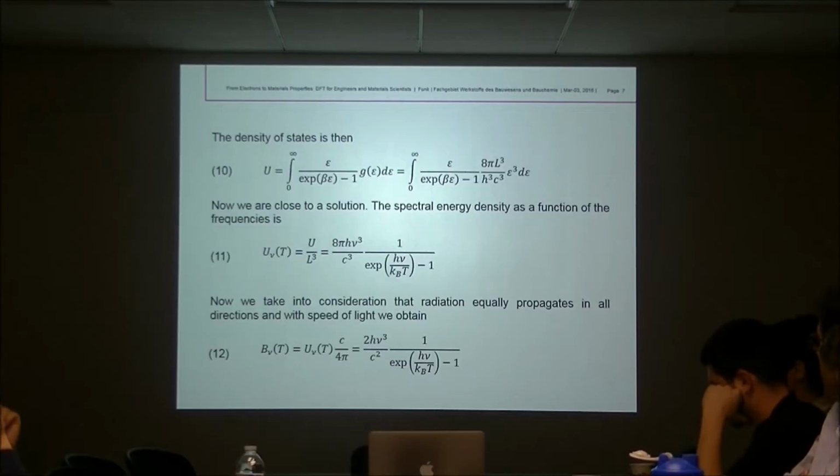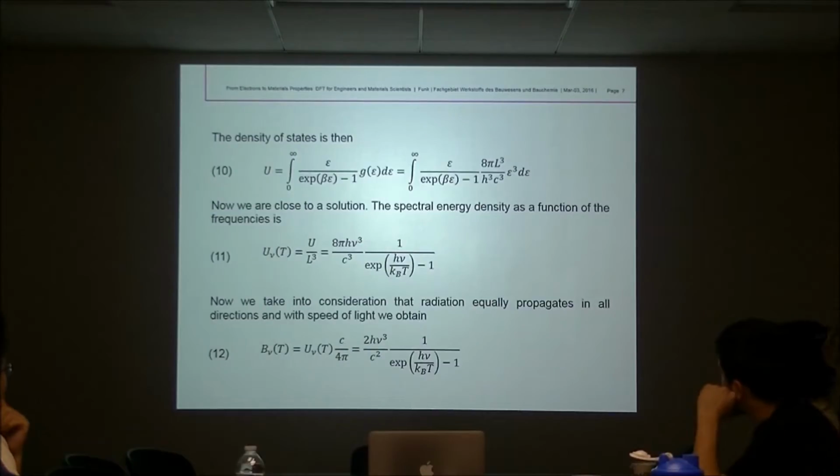Now we continue with statistical mechanics. We get some kind of density of states. We just integrate our statistics with some function g over all the possible energies. This is also straightforward. We are still in terms of energies, which is a little, say,